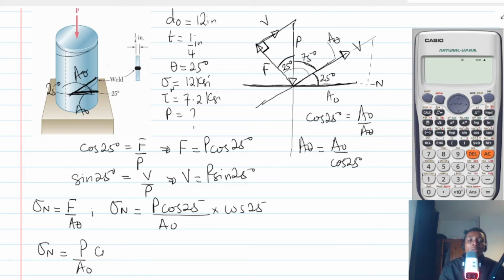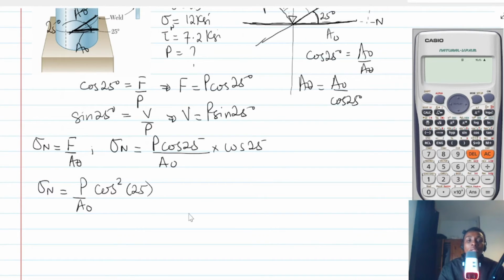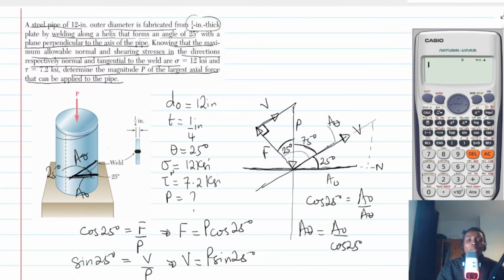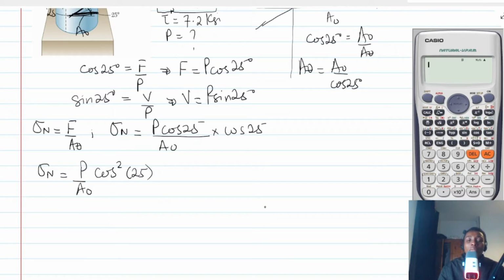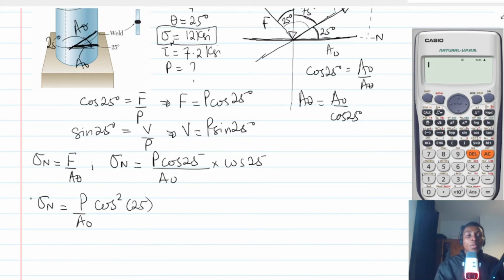All right. So that is it for you. But then, in fact, that is the P that we want. From the question, the normal stress was given. We know D out, and then we know the thickness. So let's calculate the original area. All right. So this is the formula we have. But then, to calculate the original area,